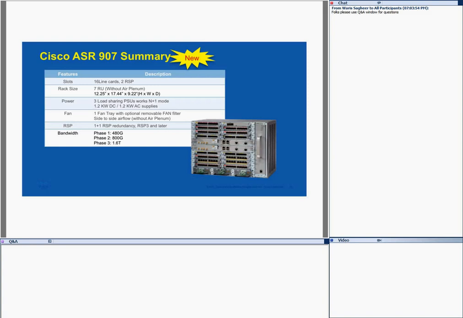RSP3 is capable of 480 gigs, so that's the reason we start off with 480 gigs. In phase 2, we are looking at 800 gigs, and in phase 3, we are looking at 1.6 terabits per second. So again, what does it mean? It means the backplane is capable of more than 1.6 terabits, it's actually 2.1 terabits per second. So you don't have to change the chassis. There is no physical